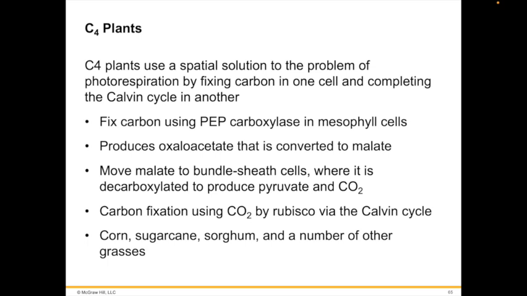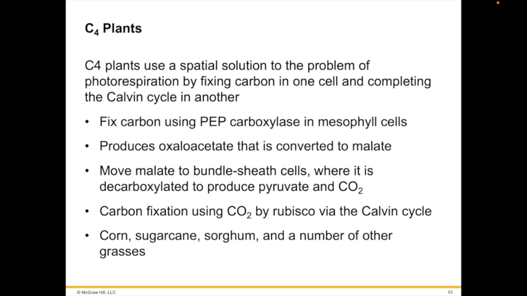The C4 pathway, although it overcomes the problem of photorespiration, does have a cost. The conversion of pyruvate back to PEP requires breaking two high-energy bonds in ATP. Thus, CO2 transported into the bundle sheath cells costs the equivalent of 2 ATP to produce a single glucose. This requires 12 additional ATP compared to the Calvin cycle alone. Despite this additional cost, C4 photosynthesis is advantageous in hot, dry climates where photorespiration would remove more than half of the carbon fixed by the usual C3 pathway alone.